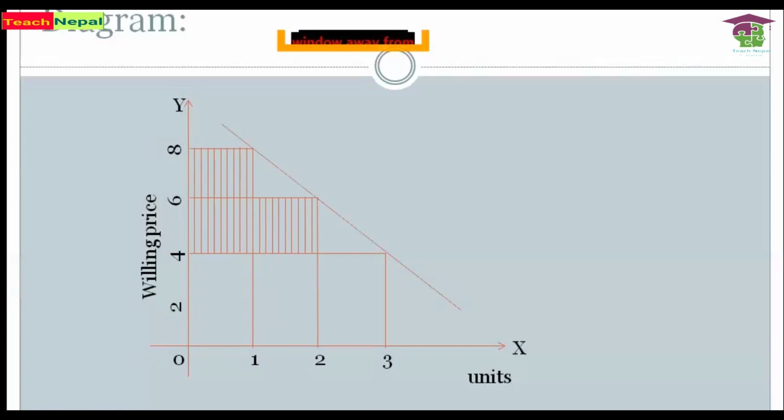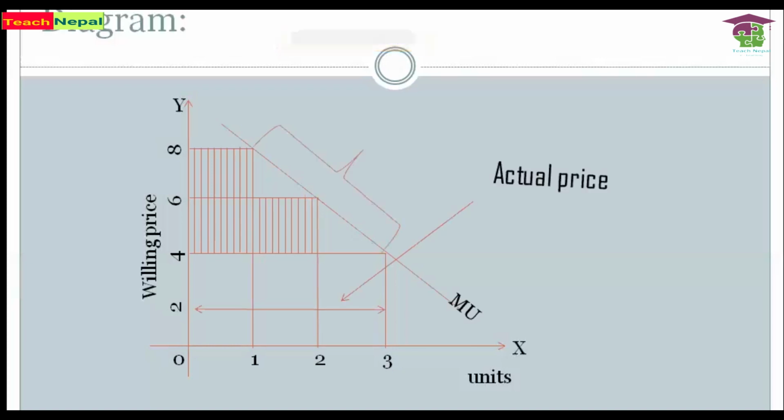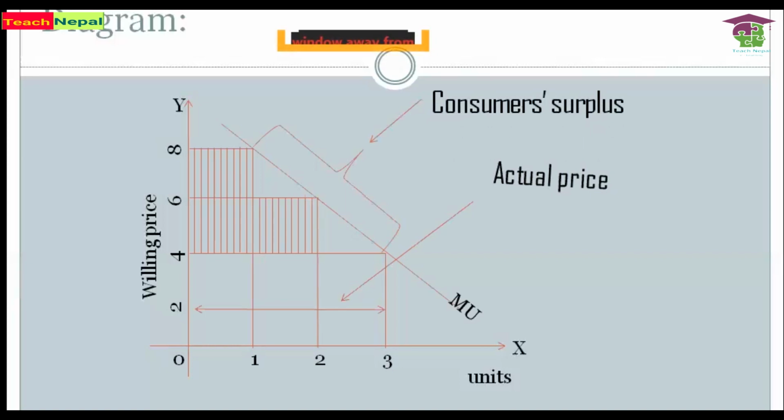This downward sloping line is the marginal utility curve. It slopes downward because marginal utility from each additional unit goes on diminishing. This is actual price, which is constant, and actual price is shown by this arrow, and this is the consumer surplus. This diagram clearly shows how consumer surplus will be created, and this can be presented in a simpler diagram also,